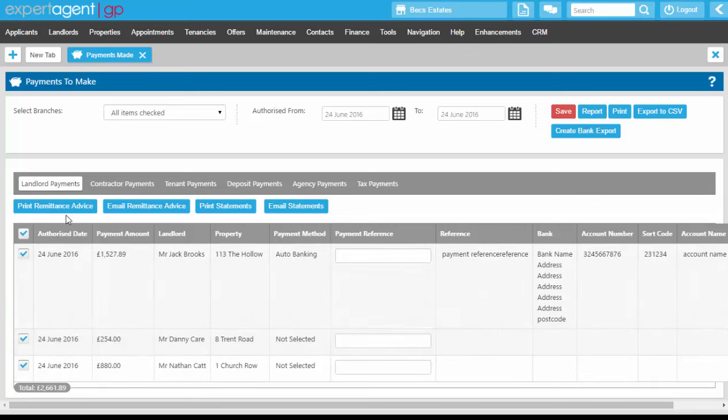From your payments to make report, you can also print or email remittance advices or print or email statements. You can do that for all of your landlords who have had payments, or by unticking this box here and just ticking the one you want to send to, one at a time. If you tick them all,